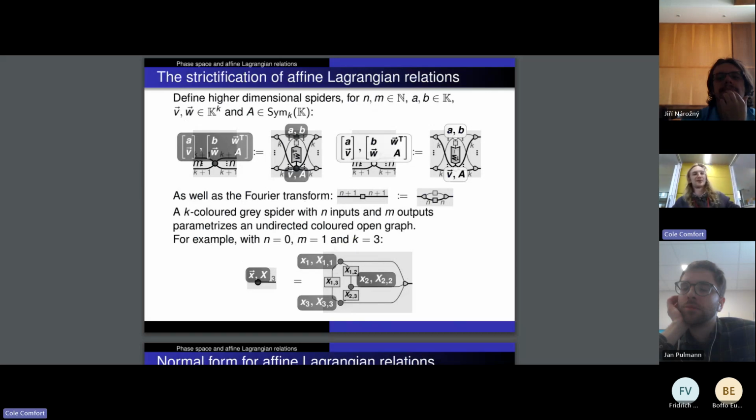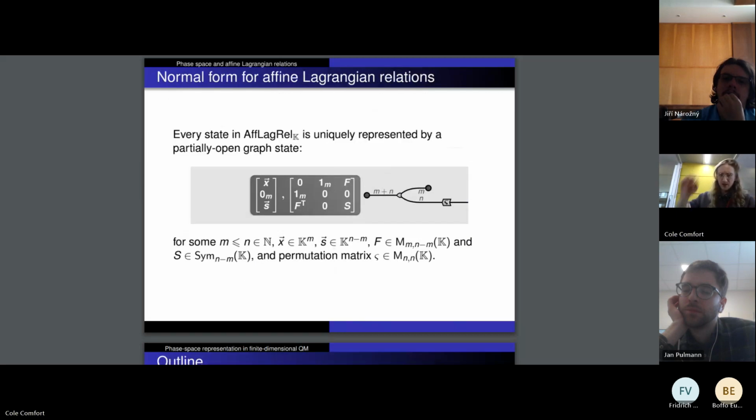So here we're mixing matrices and string diagrams, because in order to prove that this language is complete, this is the level of generality where you work both with pictures and with matrices. It makes the proof much simpler. Okay, so this is the normal form that we use, for example.